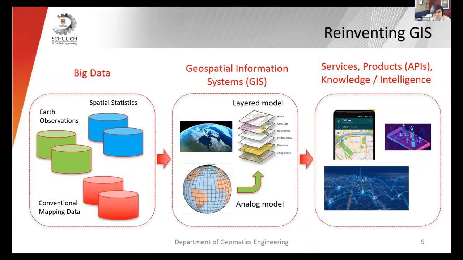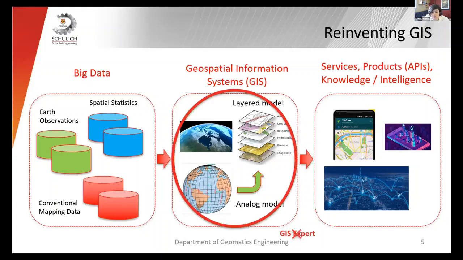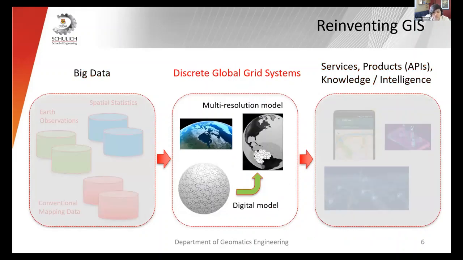To simplify the process of spatial analysis for non-GIS experts, we need to reinvent the concept of GIS and produce analysis-ready data so we can provide services and products on the fly and make better and quicker decisions. This grand challenge of geographical data integration can be solved by using a discrete global grid system, which is a digital multi-resolution model that can integrate data on the fly across all types of scales, projections, and to an actual global reference.